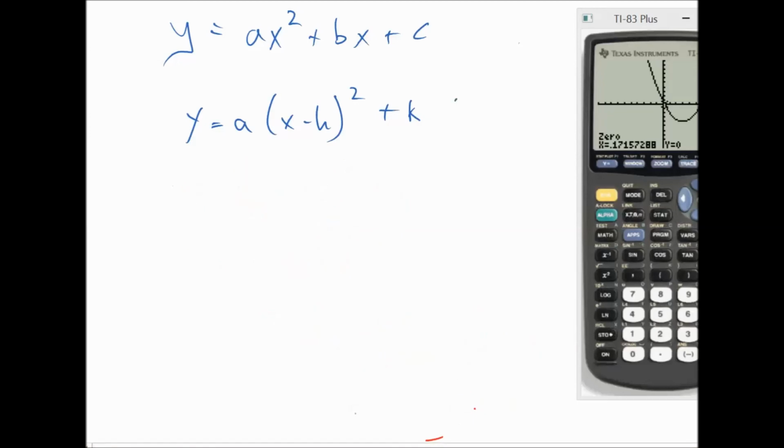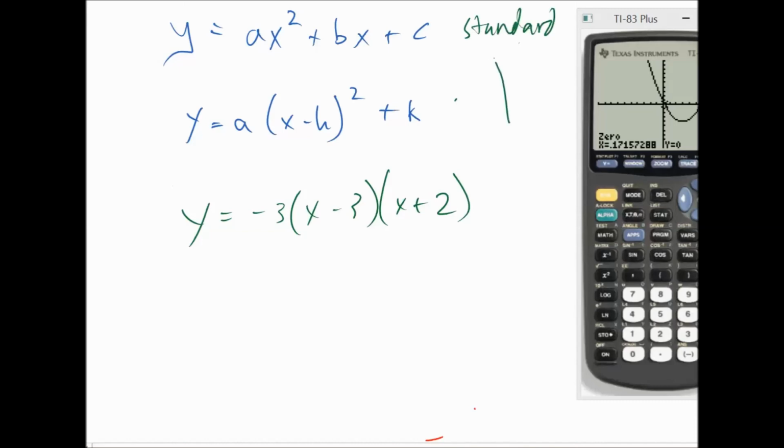The last thing we need to do for this section is to write the function in standard form. So let's say they give you something like this. y equals negative 3 times (x minus 3) times (x plus 2). And it says write it in standard form. Remember, this one is standard form. So we need to get it into something like this. Right now it's more in this form. So what we're going to do is distribute first this negative 3. So negative 3x